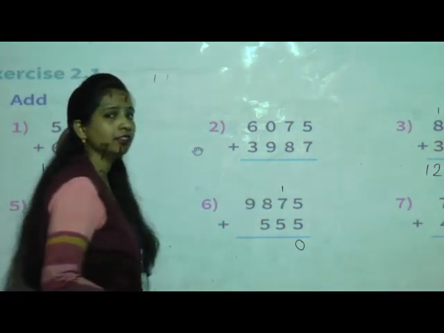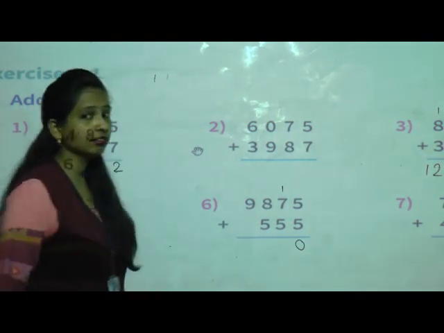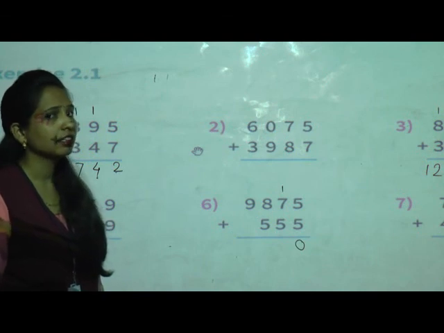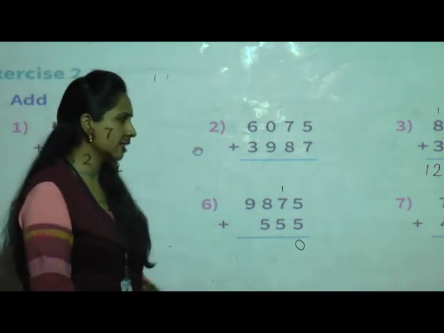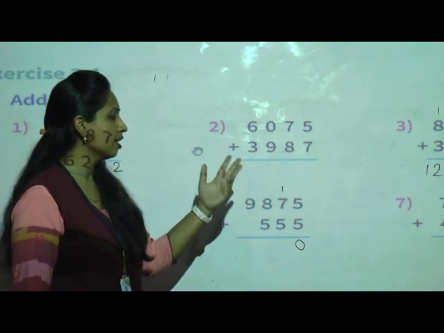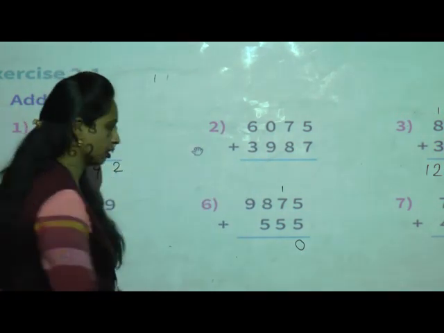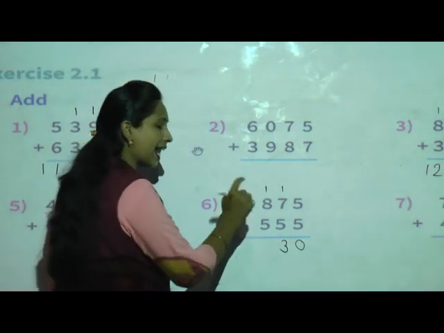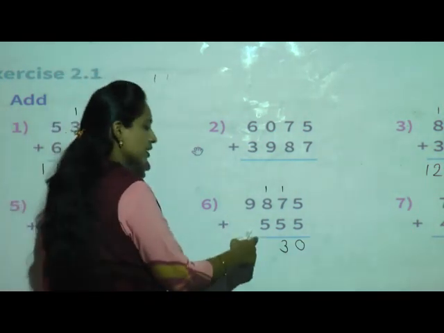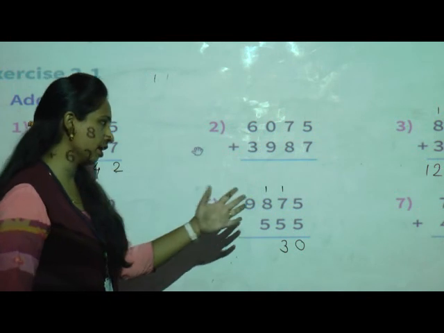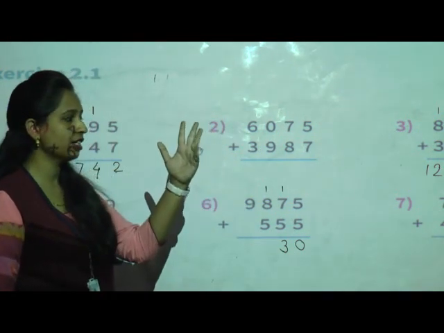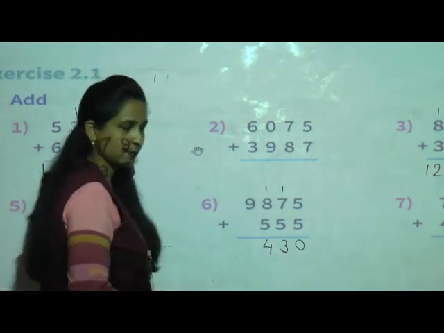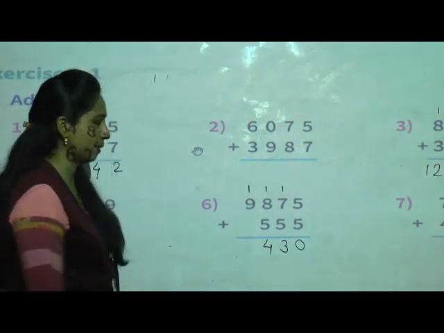Now 1 plus 7, 8. 8 plus 5. Yes. Tell me 8 plus 5. Okay, if you don't know, keep 8 in your mind, 5 on fingers: after 8, 9, 10, 11, 12, 13. So write 3 here, 1 will carry to the hundreds place. 1 plus 8, 9. 9 plus 5. If you don't know, go with fingers. 9, then 10, 11, 12, 13, 14. So write 4 in the hundreds place and 1 will carry to the thousands place.